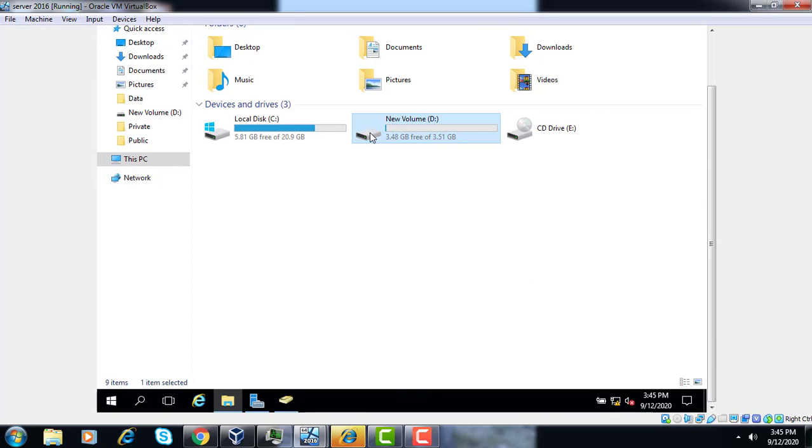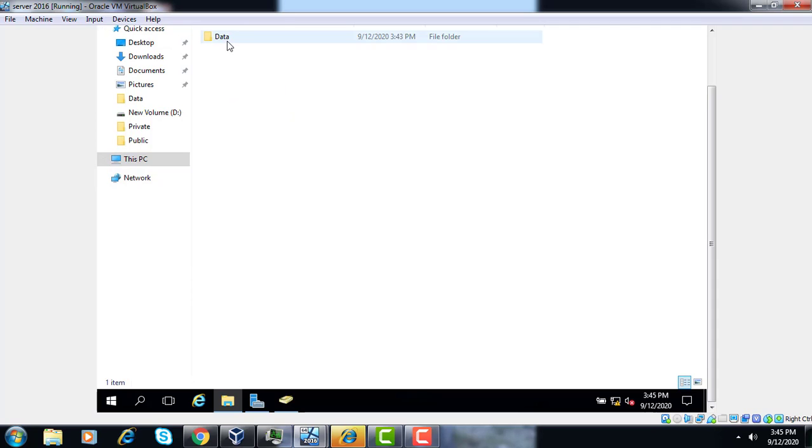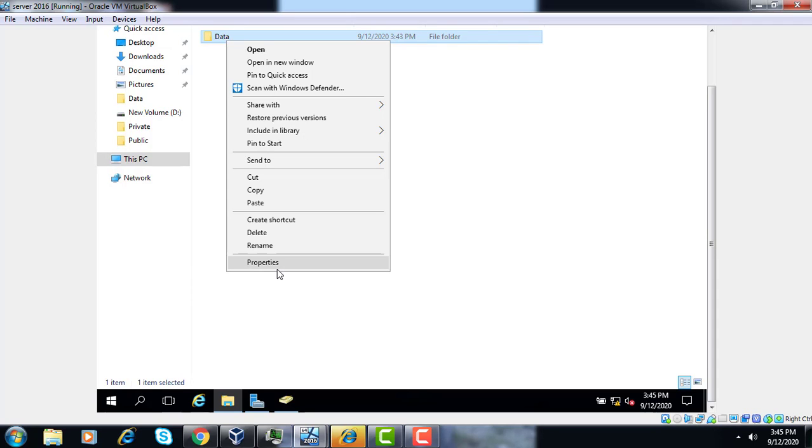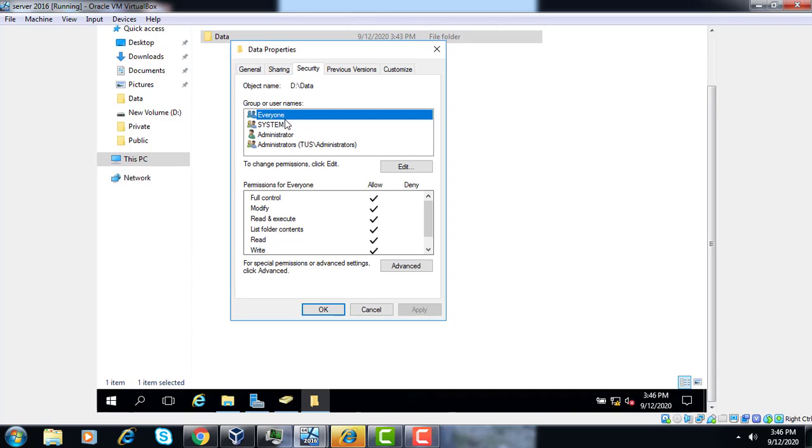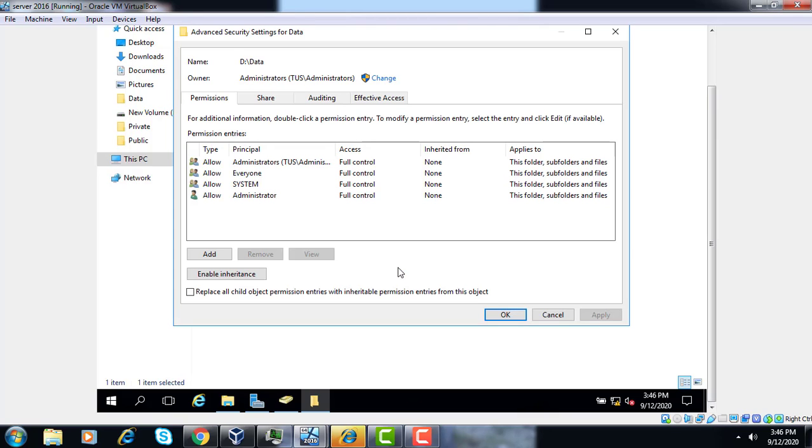Suppose we go to Data. First we check the permissions. Go to Security, and you can see Everyone has Full Control, Modify, Read and Execute permission, and the System and Administrator accounts are also there. In Advanced, the inheritance permission is disabled right now.